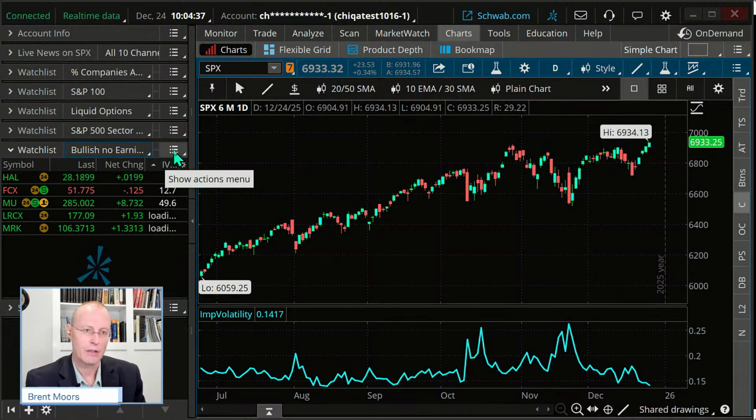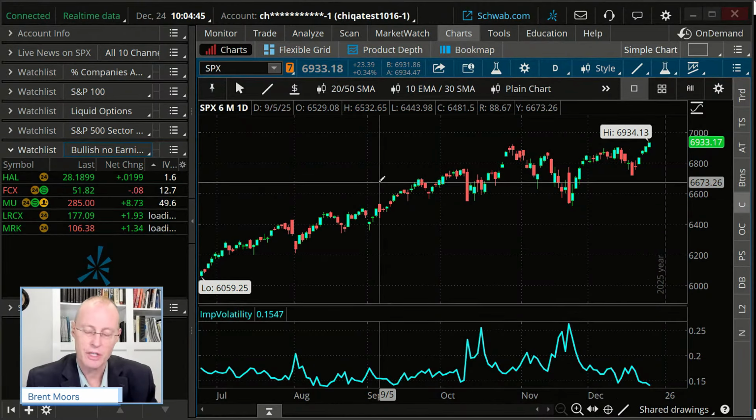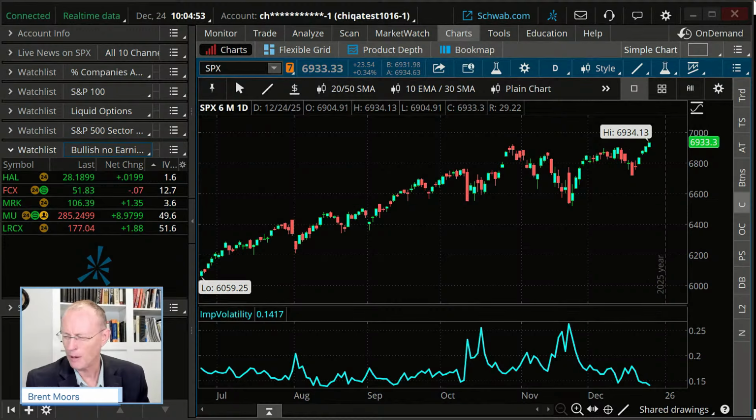And then what I could do is add columns if I want to. I can sort by, for example, implied volatility. I did a session the other day in my Condors, Calendars, and Butterflies webcast, probably the 29th, if I'm getting my dates right, on Friday, where I talked about using IV percentiles there. If you want that in more depth, I can put a link to that session in the chat if you're watching on the chat.